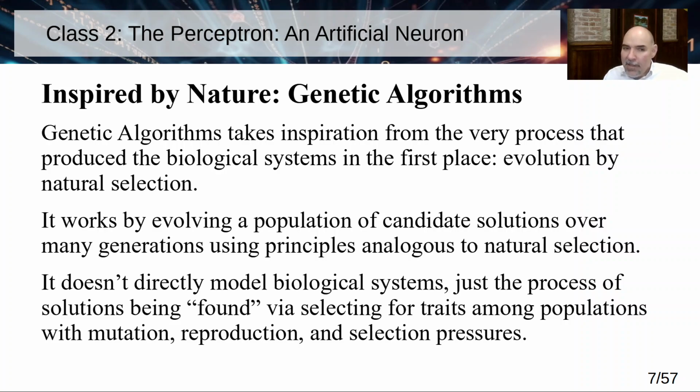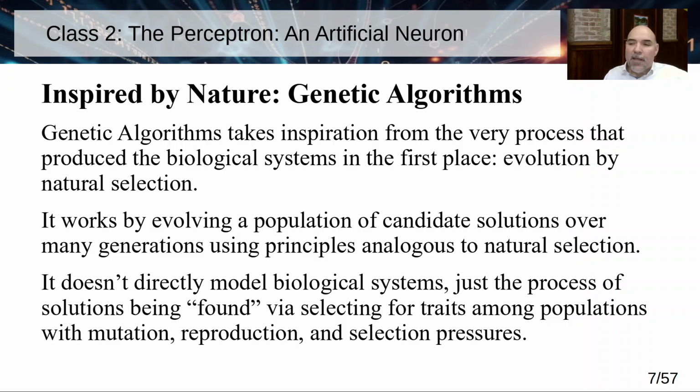We're defining that. But the idea is, while genetic algorithms don't directly simulate or model at the cell level how biological systems work, they model the process of solutions being developed or evolved by selecting for traits among populations, where we use randomness like mutation and recombination through reproduction, and then selection